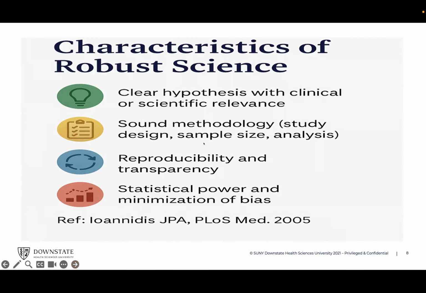Also, within the scientific review, there is statistical scrutiny over sample size, your method of analysis, etc. There's also making sure that this is reproducible, and that there is transparency in the methods and in the science that you are proposing. And again, more emphasis on the statistical analysis. Do you have enough power, and have you done enough to minimize bias?